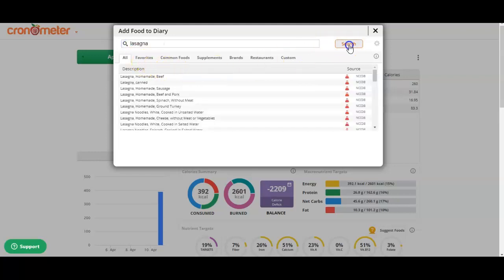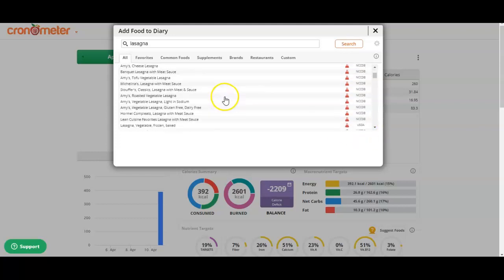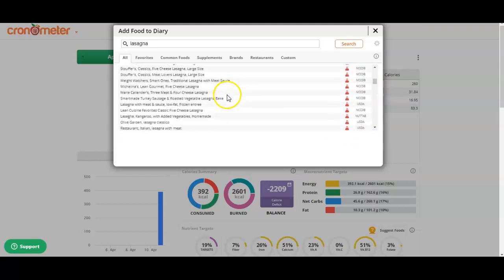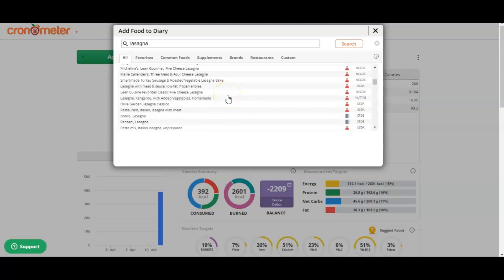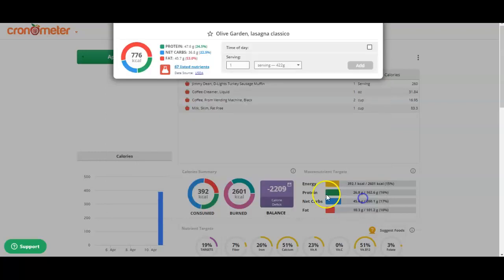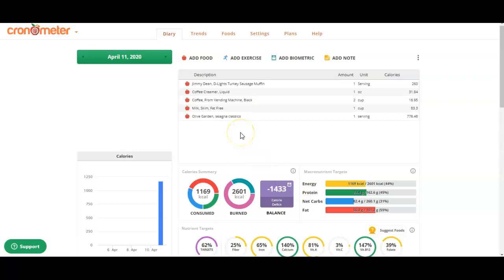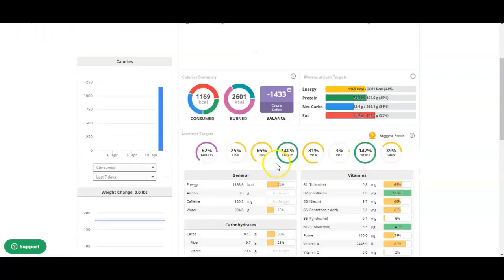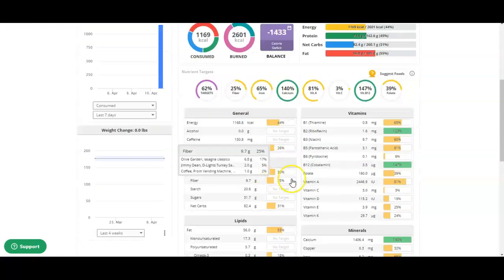And now if we search for lasagna, well, look how many different types of lasagna there are. So again, that's why I do not get too bent out of shape over what you're doing. Now, if you happen to go to Olive Garden, the Lasagna Classico, you can click on there. But how much did you have? Was it 1 serving, or do they count that as 2? I don't know. We'll just say, for the sake of argument here, we had 1 of those. So you go through and record everything that you have, and then you're going to